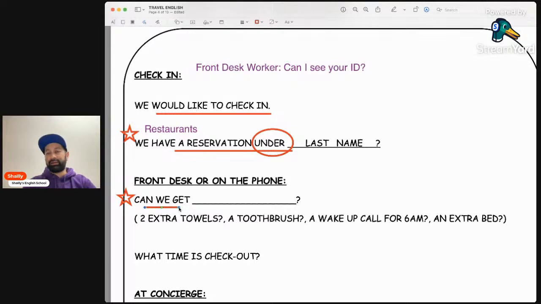So in a hotel, anytime you want something, it's always going to be, can we get? If you are traveling alone, just you, then it's going to be, of course, can I get? But if you're traveling with your friend, family, coworkers, you're in one room, can we get? Now, I've got some example sentences here.